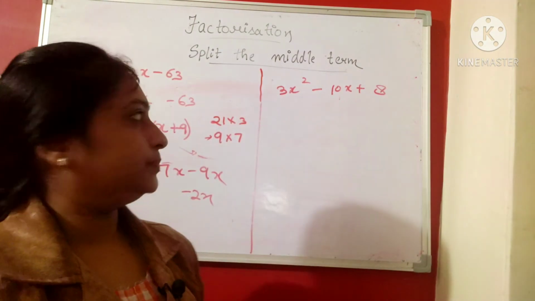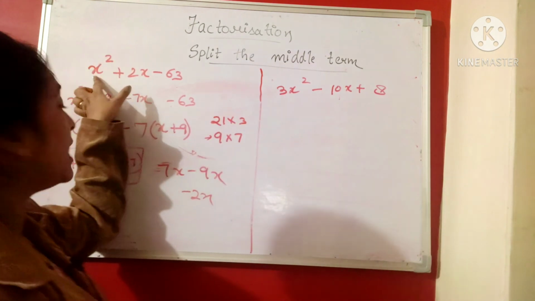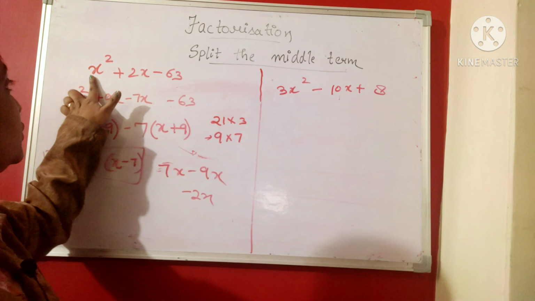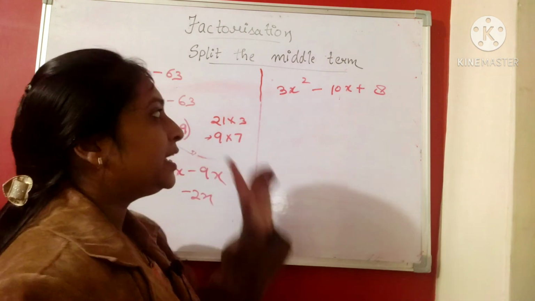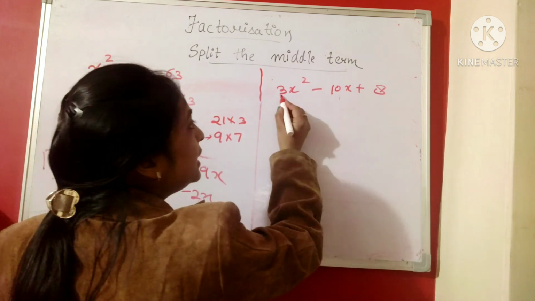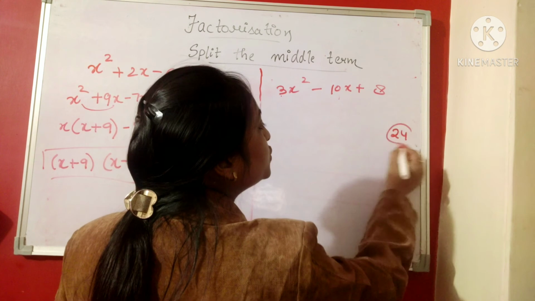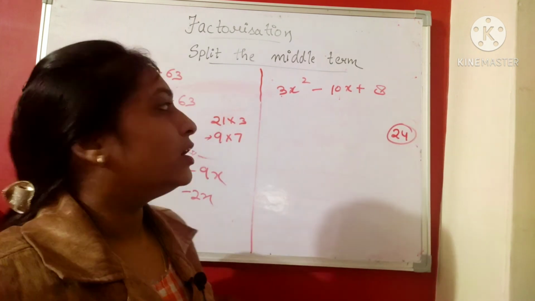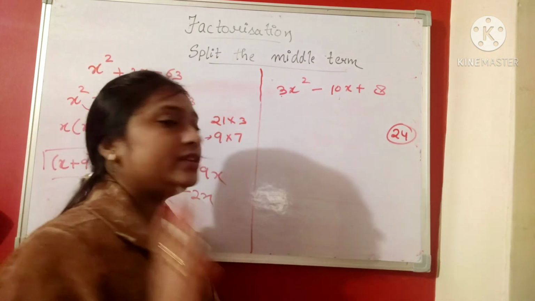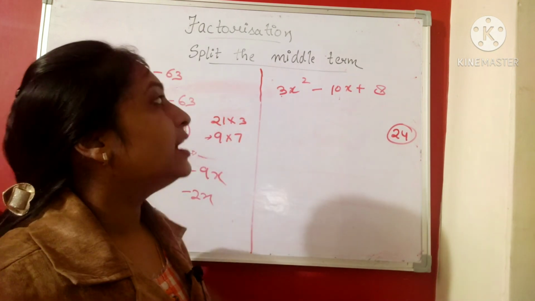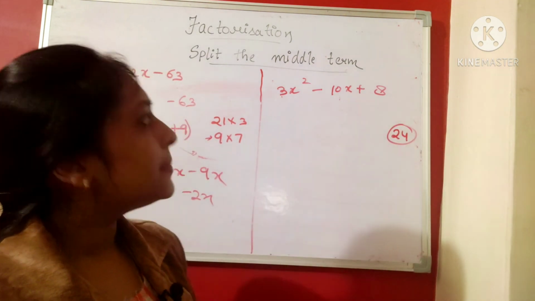In this question, we have a coefficient of the first term also. Till now we were having questions in which the coefficient of the x square term was 1. But here we have a coefficient. In such cases, multiply these two. 8 threes are 24. Right. So what we have to do now? 24 is there. 8 threes are 24. This is clear. Find out the factors of 24 such that the product gives 24 only, and the addition gives minus 10.